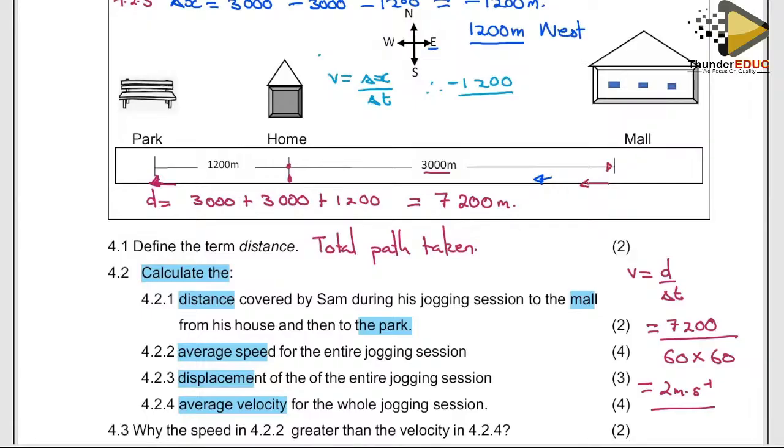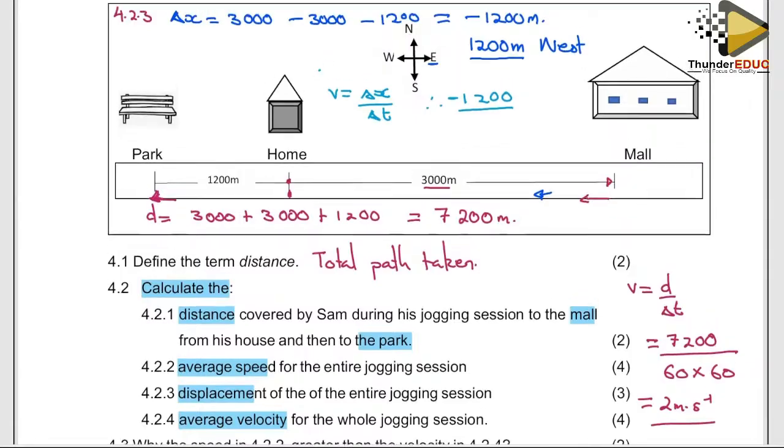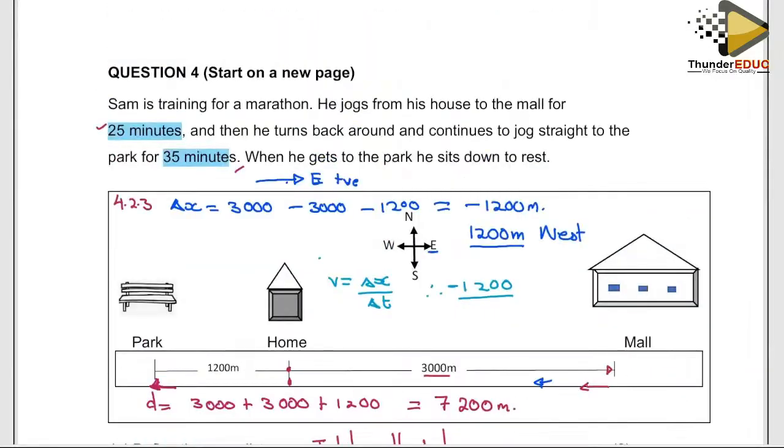So remember, it's going to take the same time there. So remember, we said 35 plus 25, right? So these are the times that we're having, 35 and 25. Therefore, if we added there, we got a value of what? Of 60 minutes. Therefore, for us to convert that 60 minutes to seconds, we're going to say 60 multiplied by 60. Therefore, now it means here I'm going to get a 1,200 divided by 60 times 60, which is equivalent to